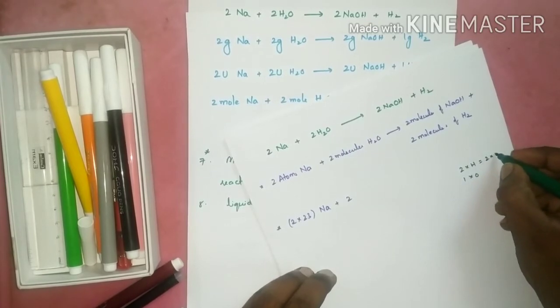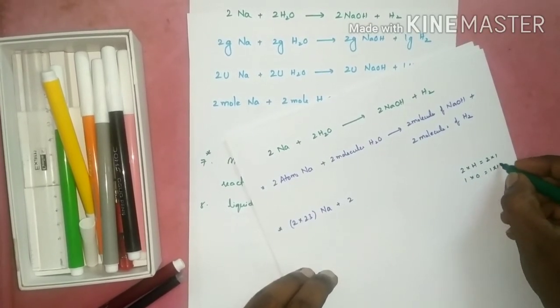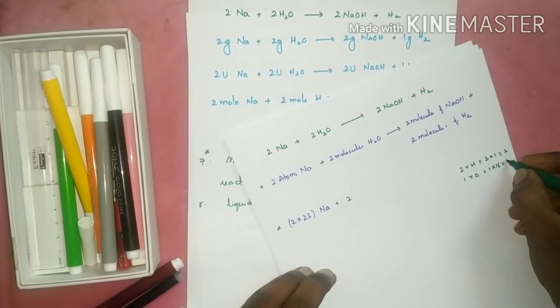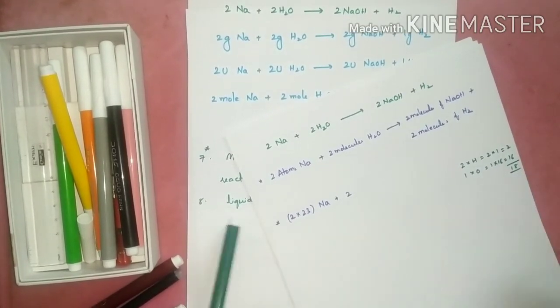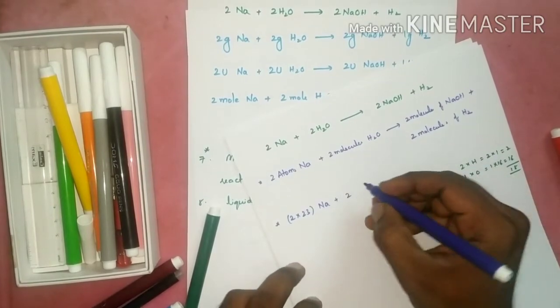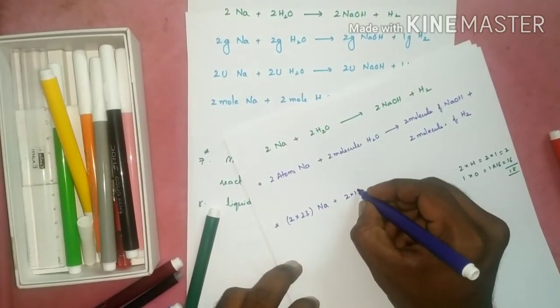So 2 into 1, 1 into 16. This is 2, this is 16. Total 18. So you can write here 2 times 18